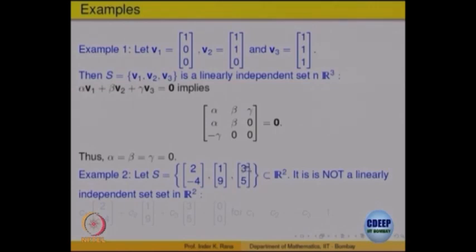So that is a possibility. If you look at C1 times the first vector plus C2 times the second plus C3 times the third one, where C1 is equal to C2 and the last one is minus 1, this linear combination is equal to 0, and the coefficients involved are not all 0, in fact none of them is 0. So I have a linear combination of the 3 vectors equal to 0. So 0 does not have a unique representation in terms of these 3 vectors. What does it mean? These 3 vectors are not linearly independent; they are linearly dependent vectors.